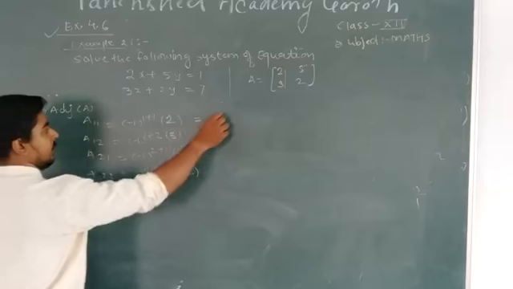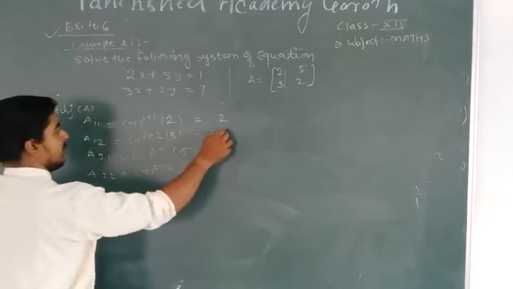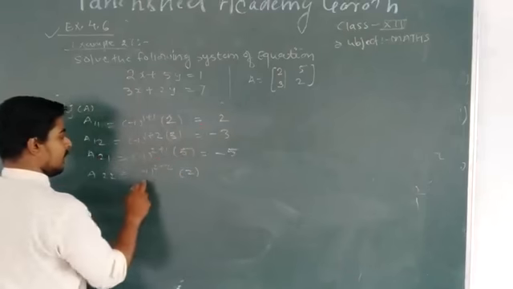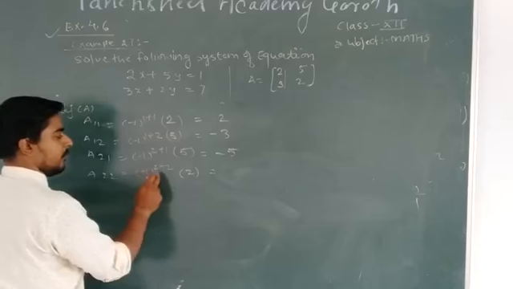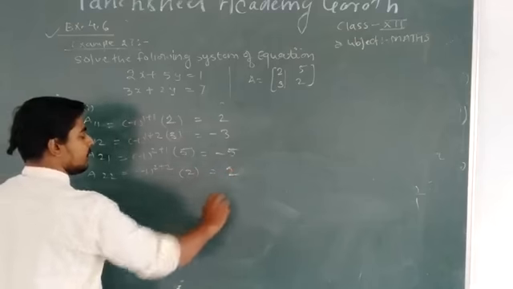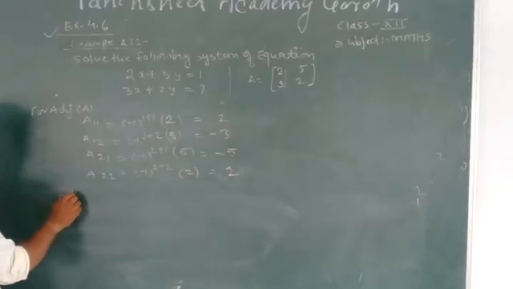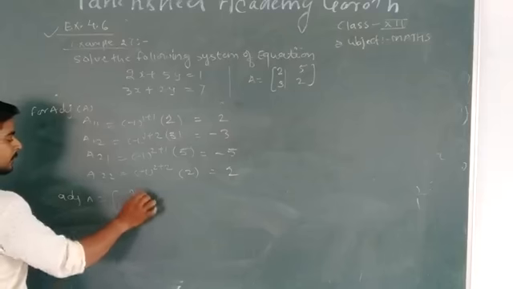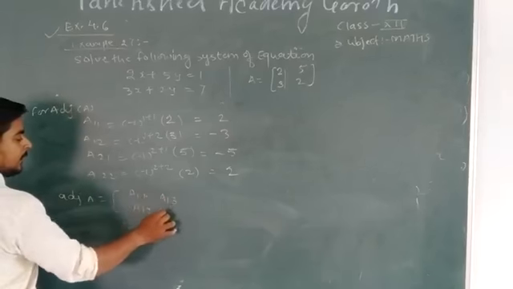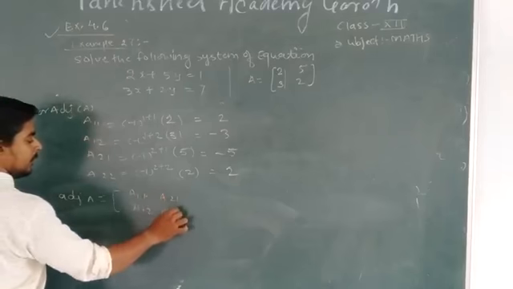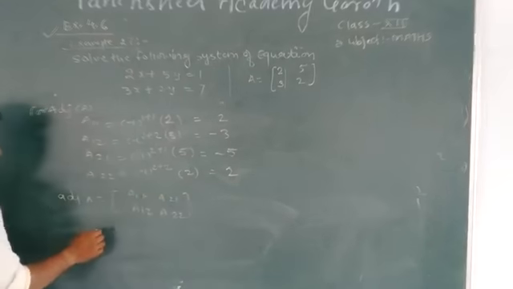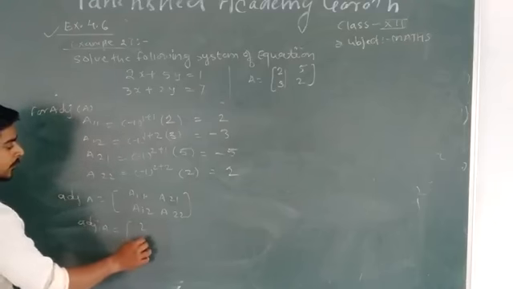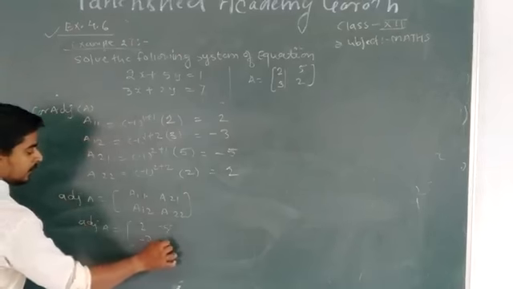इनको सॉल्व करेंगे 2, 2 और 1 3, यहाँ माइनस साइन आ जाएगा -2, 2 1 3 -5, and that is equal to 2 and 2 even power, that will give the plus sign and it is equal to 2. Then adjoint of A is equal to A11, A12, A13 and A21 and A22. That is adjoint of A is equal to 2 minus of 3 minus 5 and that is 2.